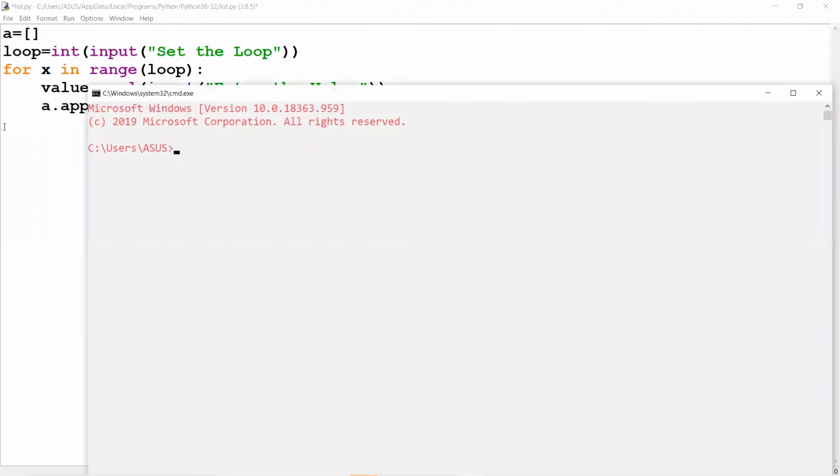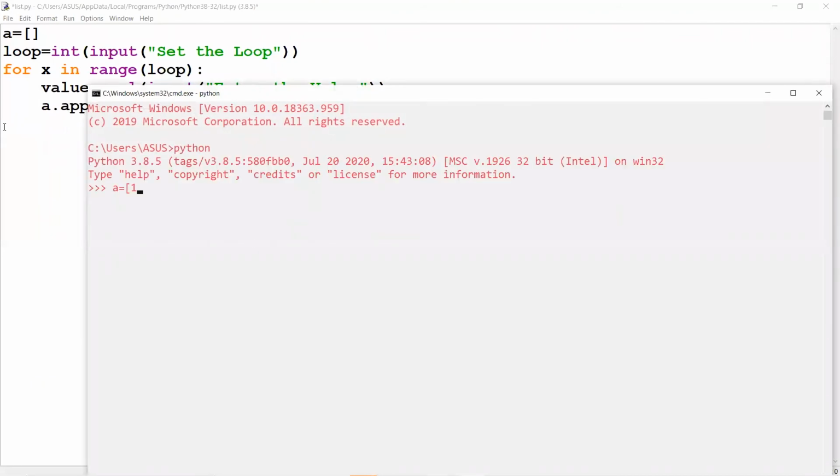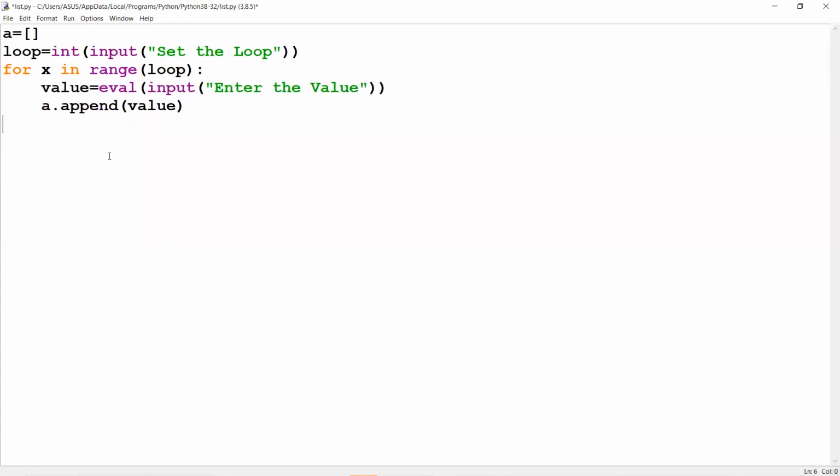Before I tell that, one more thing: if something is stored in the list, for x in a, basically we are using the range function. Now I'm getting a and printing x. You can see the first value comes to x, then it is printed, again the second comes to x, then it is printed. Like that we'll take for y in a. What is a? It is my list that is storing some values.